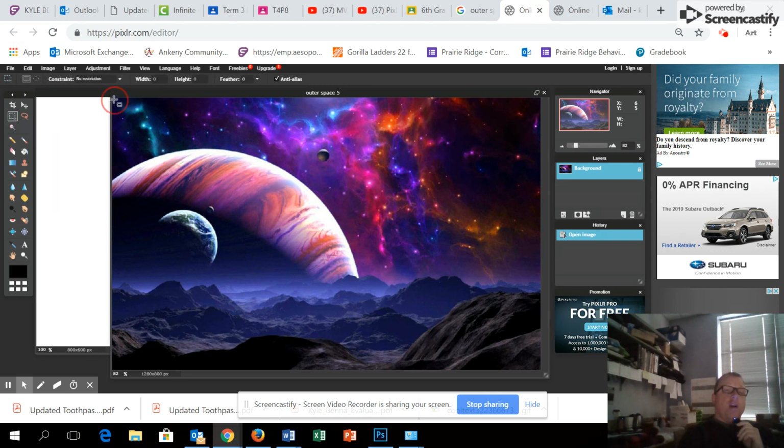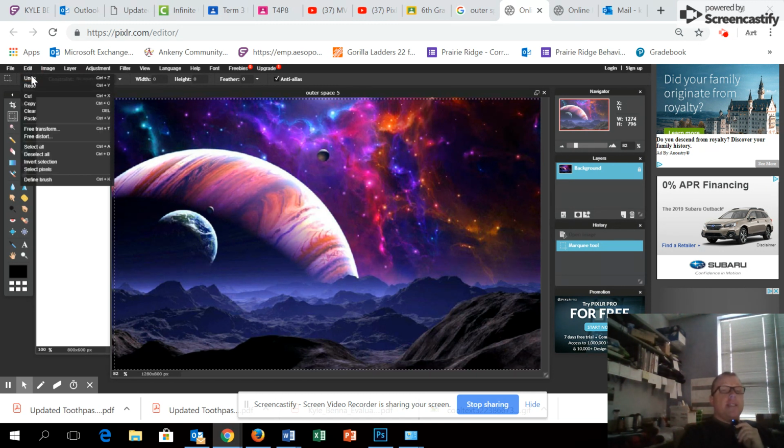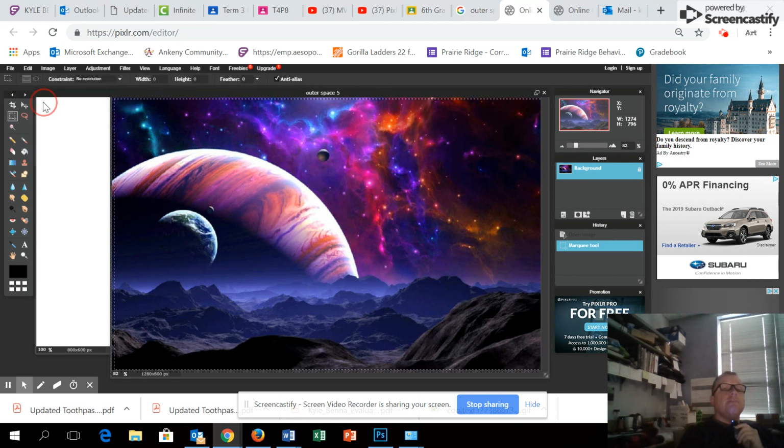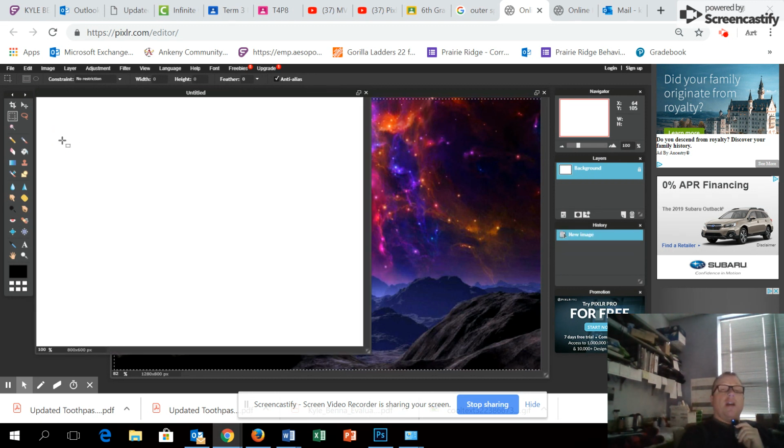And you're going to take the marquee tool and grab a corner and pull down and away across the entire design. And I'm going to lift up, and you're going to see those marching ants running around, kind of like when we did our mountains and stuff, our scenery yesterday. But now we're just using the square instead of the lasso. So here we're going to go Edit, Copy, and then we're going to click on our blank page and go Edit,